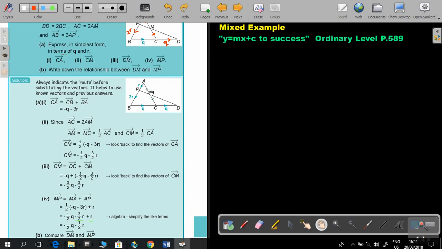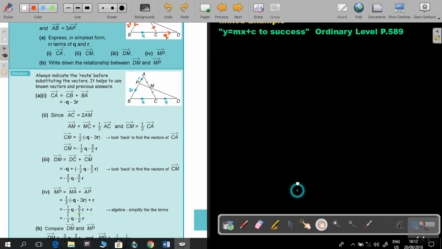And I already have CM. So MA will also be half of CA. And then plus that little r. And now I multiply in, and then I add my like terms, so it's negative 1.5 plus 1, so it's going to be negative a half r, and that's going to be my final answer. And then the next one,